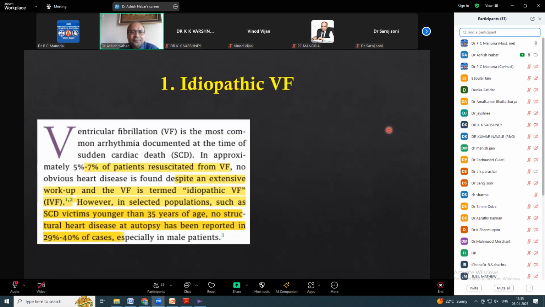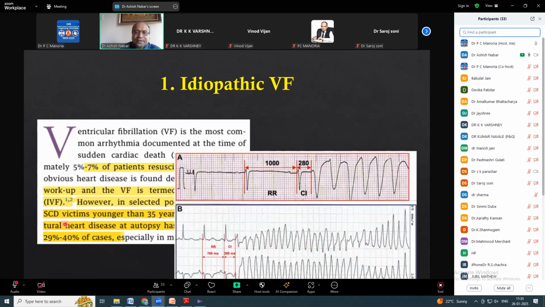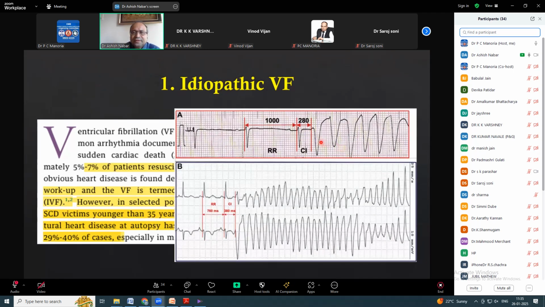Now let's come to idiopathic ventricular fibrillation. Actually, acute coronary syndrome or post-infarct LV dysfunction is the most common cause of sudden cardiac arrest. But at least 5 to 7% of the time, the VF is idiopathic in nature. And if you take the younger lot, say less than 35 years, almost 29 to 40% of cases are idiopathic ventricular fibrillation. And what happens there is a PVC comes with the R on T, and it can lead to a monomorphic VT or a polymorphic VT, as in this slide, degenerating to idiopathic VF